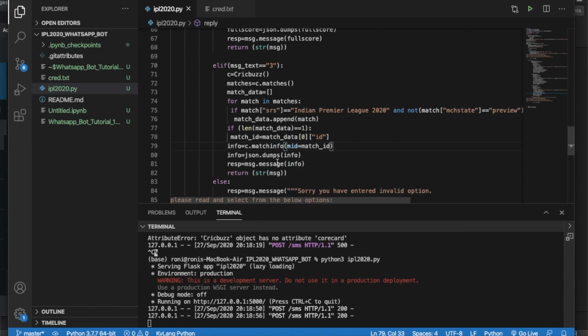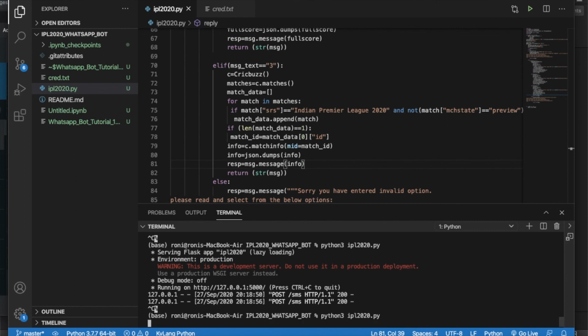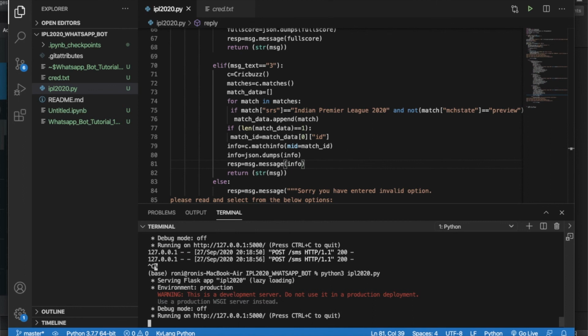So info is match info, and after that I'm just going to replace this thing with this. Fine, everything is fine. So our code is completed. For this tutorial I am just going to display the raw JSON data, and from the next tutorial onward we'll beautify everything.